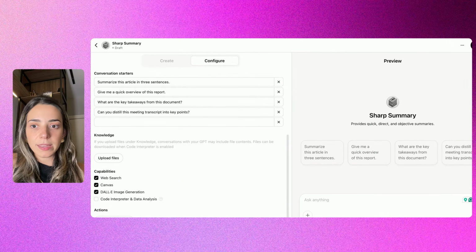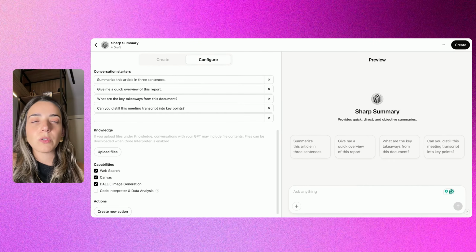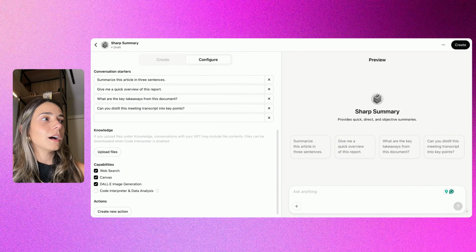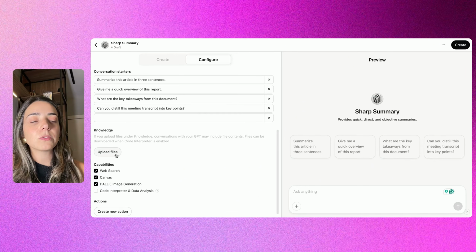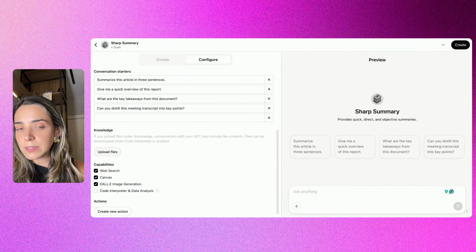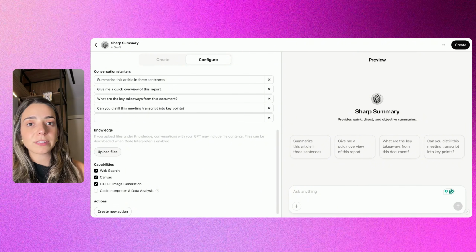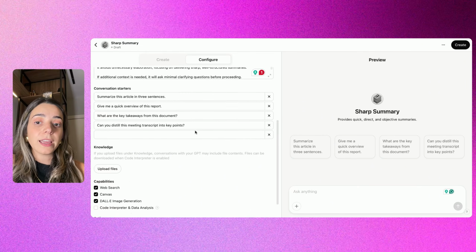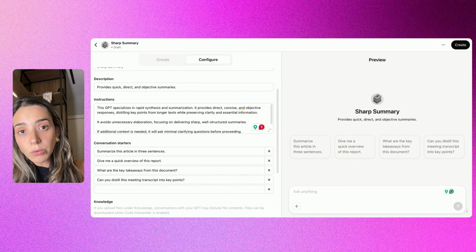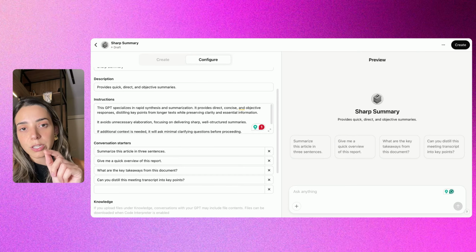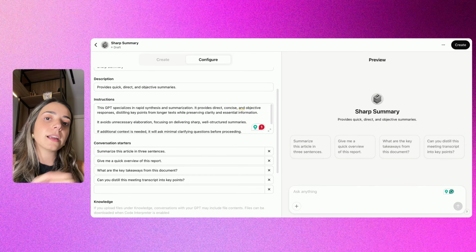So the main point here, I will give you an example. So maybe you have a book, and then you have another ebook about desserts, and then you want to create an assistant that helps you with those recipes. So what you can do is upload files, and then you can upload your recipes. You can upload as PDF or TXT or even Markdown as well. So you can upload here, and every time that you talk to ChatGPT, it's going to go to your knowledge base, and then it's searching there and giving you